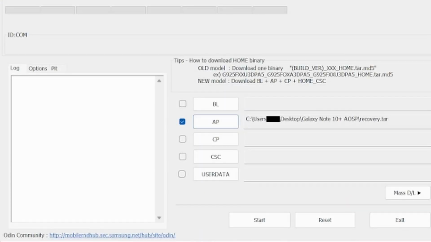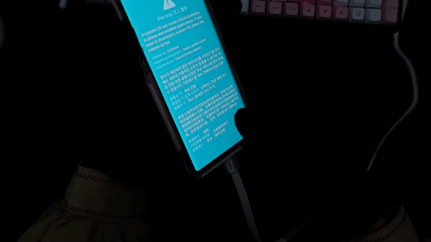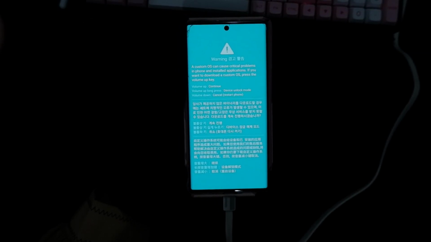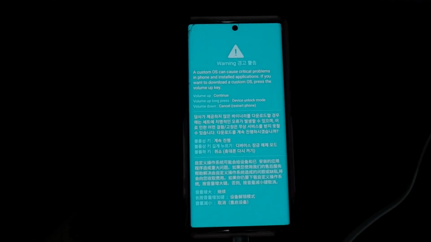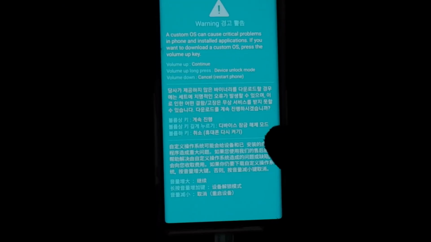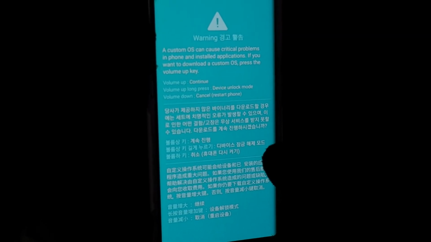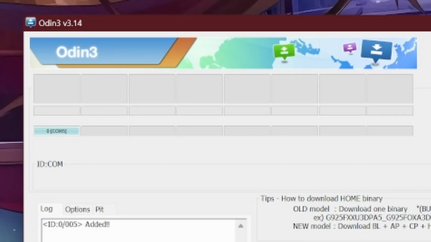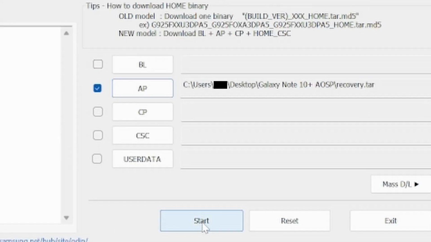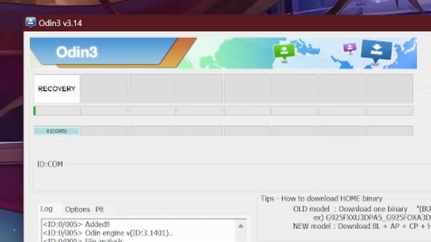Now that we got it all prepped up, let's take the phone. Remember these usual steps. Volume up and down and USB in. And we should get that same old screen that we just had some time ago. Here, let me just get it zoomed in so you can see it real clearly like that. And what we want to do is, as usual, if we have already unlocked the bootloader, then we should just press volume up. And now it should be connected. As we can see on Odin, we have something connected. And now we just have to push it into the device that way. It should be relatively fast and it should not take long.